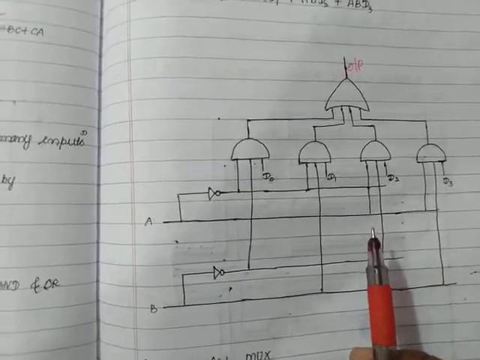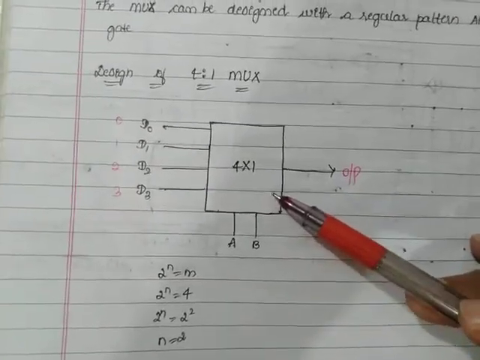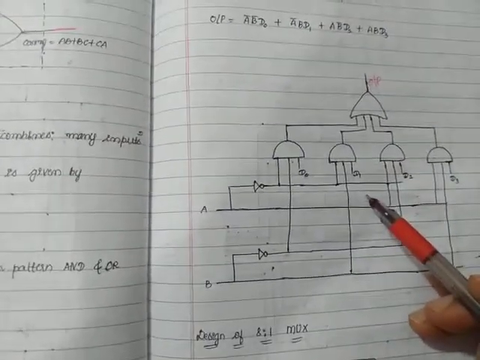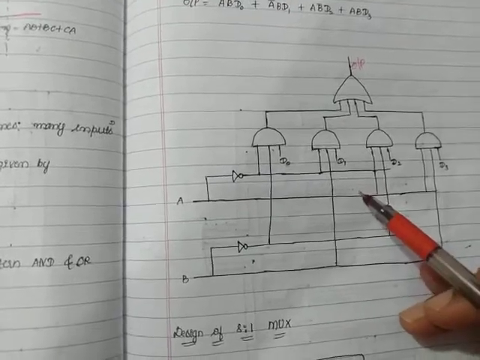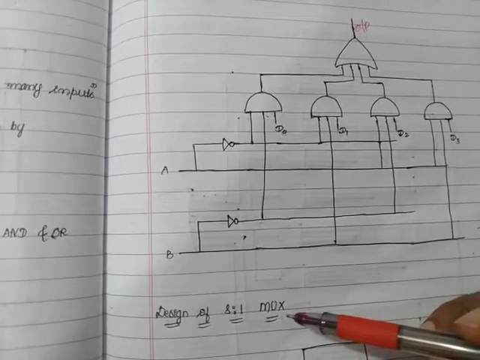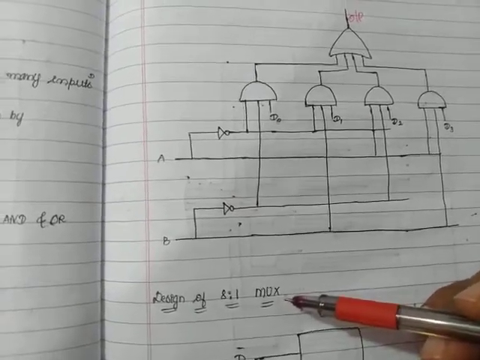In the exam, if they ask about the 4:1 multiplexer, you should write about the multiplexer, then the block diagram of this multiplexer, truth table, the equation is important, and then afterwards the logical diagram. Okay, if you understand the 4:1 mux thoroughly, the next one, the 8:1 mux, will be easy. That will be helpful for this one. Okay, the same procedure as we did for the 4:1 multiplexer.